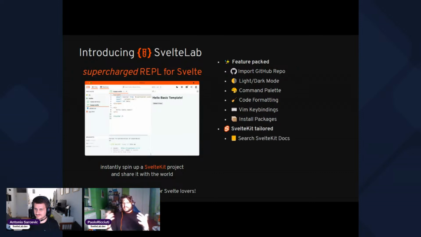For example, you can search the SvelteKit docs right inside your IDE, in this case, SvelteLab. It has SvelteKit-specific file icons, so you can easily see if you are inside a layout, a page, or a TypeScript file, for example. It has SvelteKit route generation, something we take for granted in the Svelte VS Code extension, and SvelteLab added this too. It also has